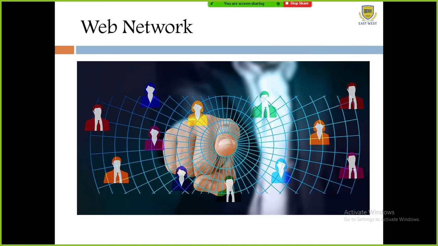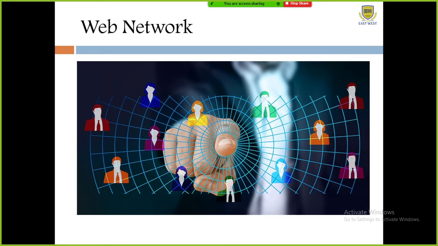The second type is the metropolitan area network. For a metropolitan area network, we can take the example of a connection between our institute head office, situated somewhere in the core city of Bangalore, and our institute, which is situated in the outskirts of Bangalore, like now we are in Yelahanka. There is a huge gap, in the form of kilometers. The connectivity between these two we can call a metropolitan area network, that is, a MAN.